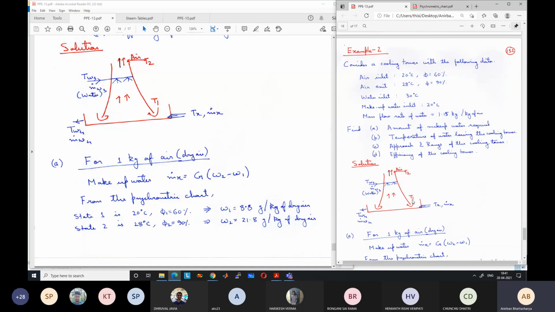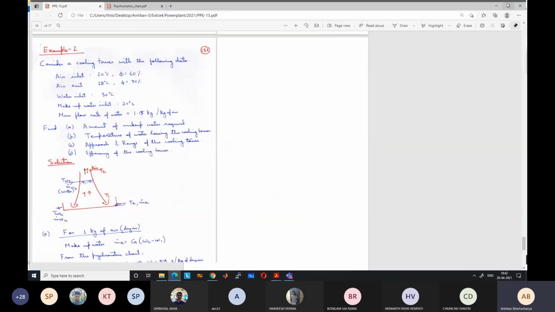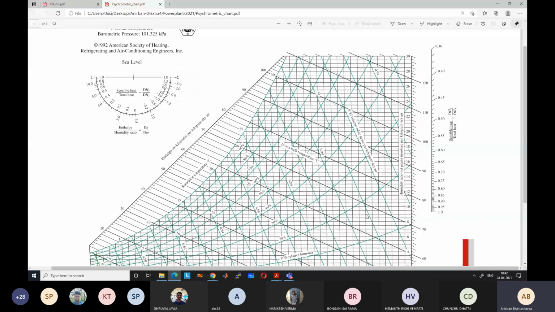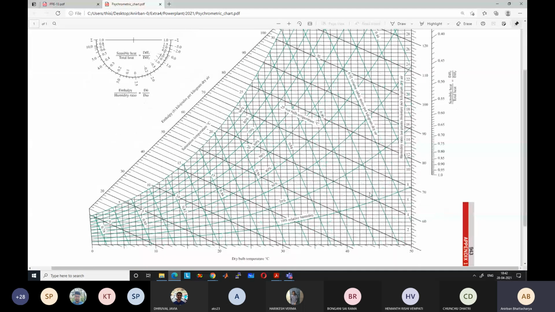At state 1 we have the state defined because we know two conditions, 20 degree centigrade and 60% relative humidity. So let us find out all the values at state 1. This is a psychrometric chart. I hope you already know this. You might have seen a larger version of the psychrometric chart, but it gives us all the information regarding wet air. At the bottom axis we have the dry bulb temperature going from 0, then 1, 2, 3, 4 at intervals of 1, and the large divisions are 10, 20, 30, 40, up to 50.